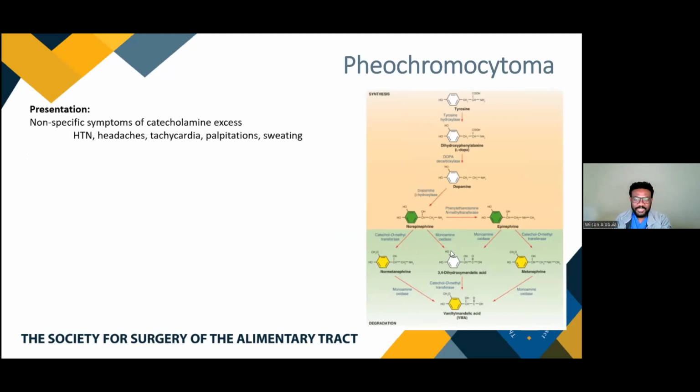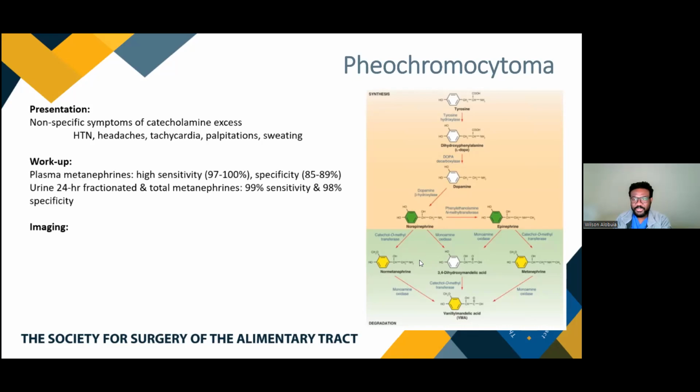So as we all know, very classic symptoms of pheochromocytoma: significant hypertension, headaches, tachycardia, palpitations, significant sweating. Those are all clues for you to remember that this may be a pheochromocytoma. Plasma metanephrines are highly sensitive, but not as specific. The urine 24-hour fractionated metanephrines is the most specific and most sensitive when it comes to working up